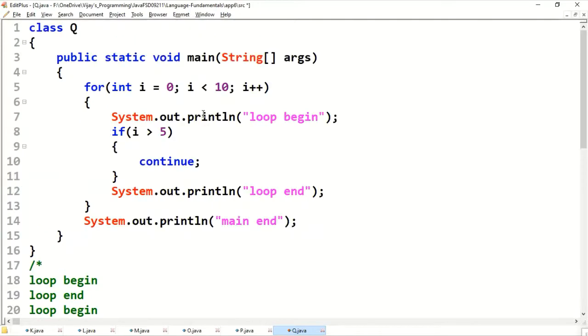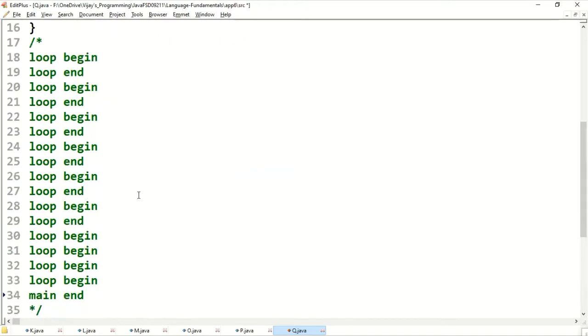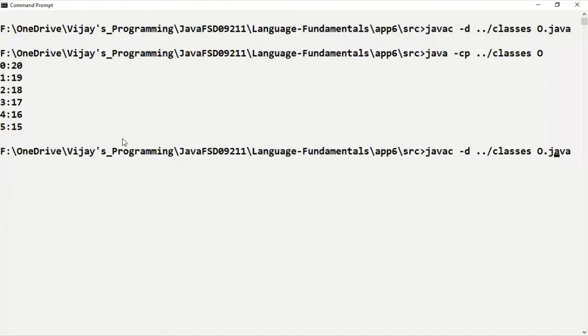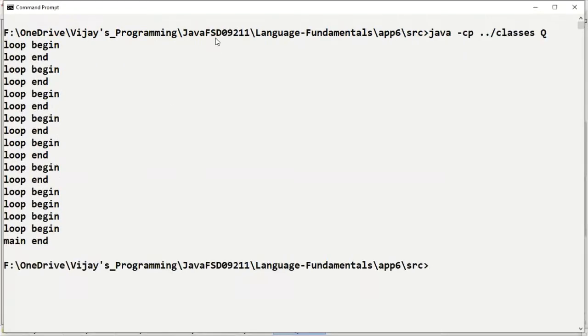Then it is going to come out of the for loop. Then it is going to print main end. Like this, this much output we get. Compare the output.